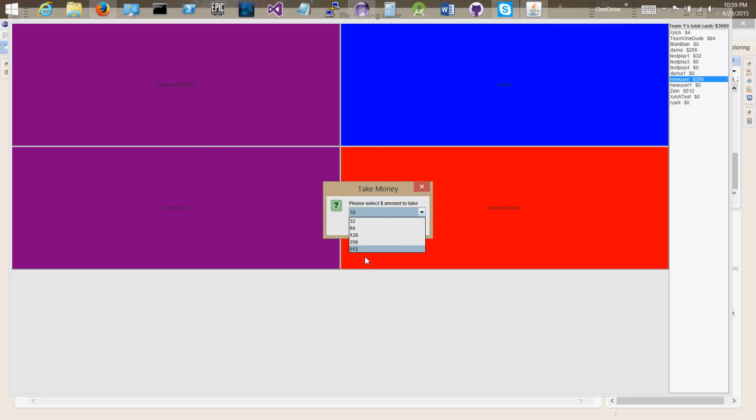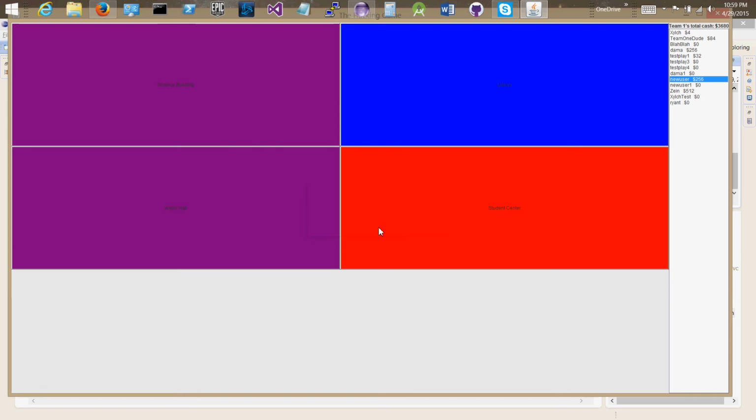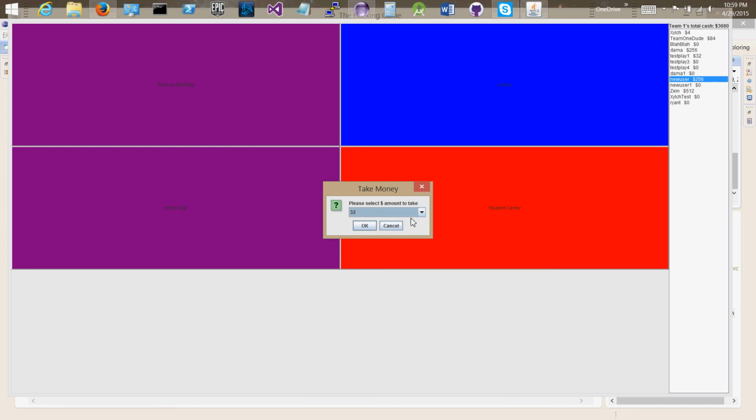And let's say I want to take $512 from them, but you can see they only have $256. So once I try to take that money, it will tell me that I cannot take that much money from them because they do not have it. Let's try that again. So we'll take an amount we actually can, but also pay attention to the fact that up here the team cache will also change because I'll be